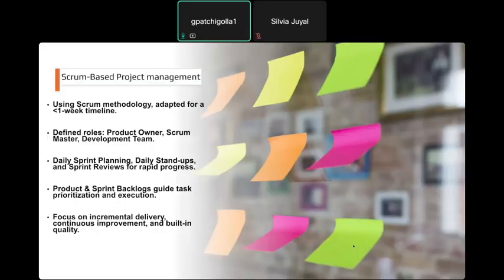The project was implemented with Scrum-based project management. Since we had very little time for this project, less than one week, we adapted an accelerated Scrum methodology. My teammate and I defined the roles, like who will be the product owner, who will be the Scrum master, and who will be developing and testing. We had daily meets, stand-ups, and planning and reviews for our code and proper testing,